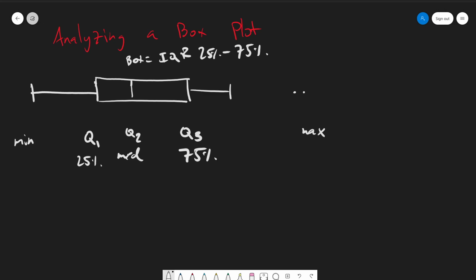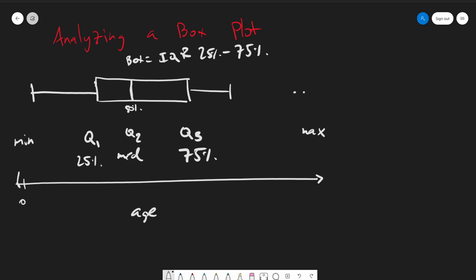This line in the middle, because it's not always in the middle of Q1 and Q3, is where your median is at 50%. And then the extremes, the smallest number is the minimum, biggest number is still the maximum. So that's really all you need to find when you're looking at a box plot. So if we added some context to this and said maybe it was just the age of some people in the survey, and down here we had 0, and then 10, 20, 30, 40, 60, say we went up by tens,